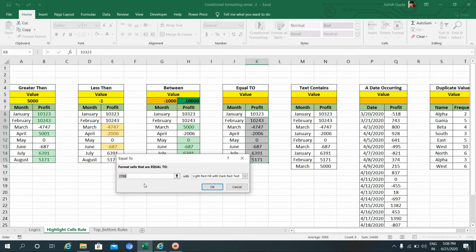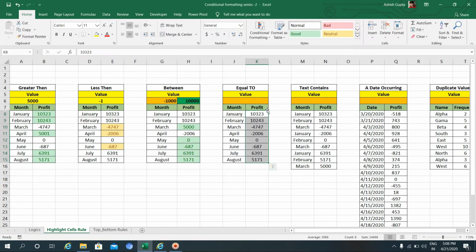This time I am using a number. If any value is equal to 5,000 in the selected area, then highlight with red fill. There is no value equal to 5,000. If I change the value of the month of May to 5,000, then it will highlight in red color.